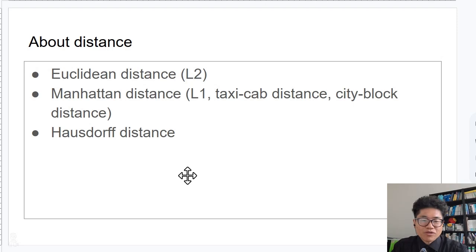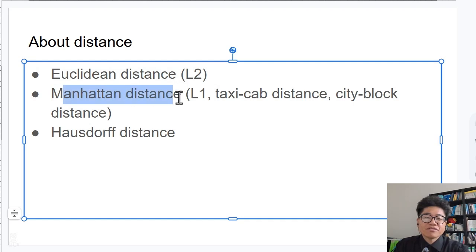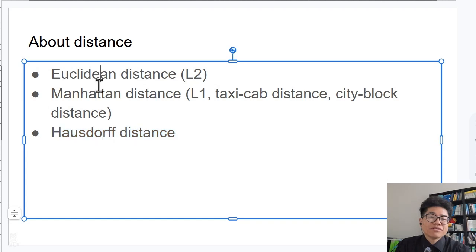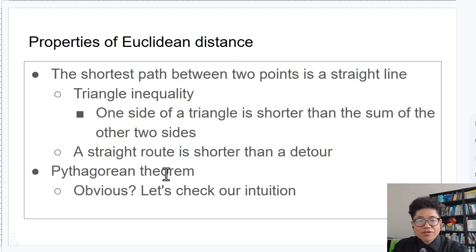Now to the more concrete part. This video talks about length and distance. In fact, there are many distances, not one. In this series, I focus on Euclidean distance, Manhattan distance, and Hausdorff distance. In this video, I would like to talk about Euclidean distance and Manhattan distance. Let's begin with the Euclidean distance. If someone says distance, it's usually the Euclidean distance.